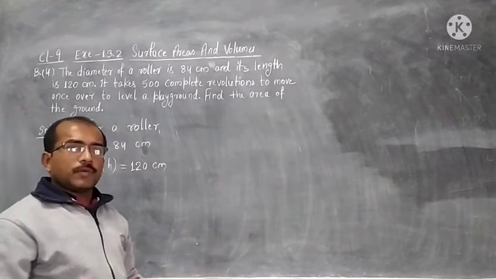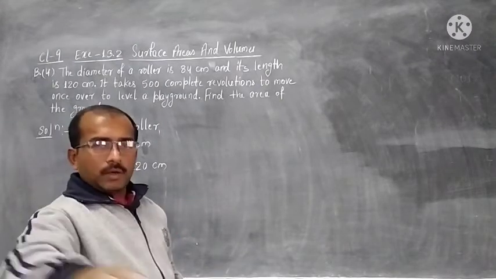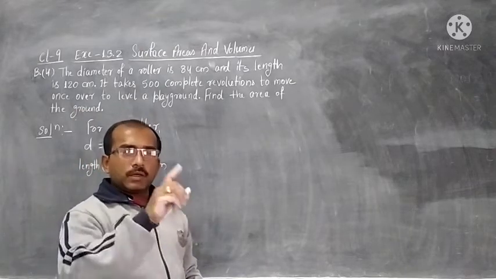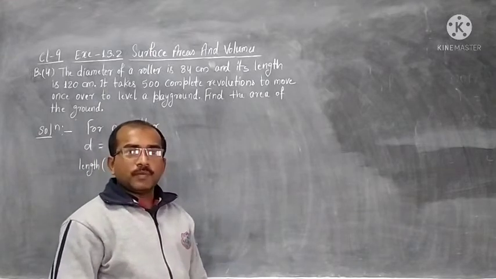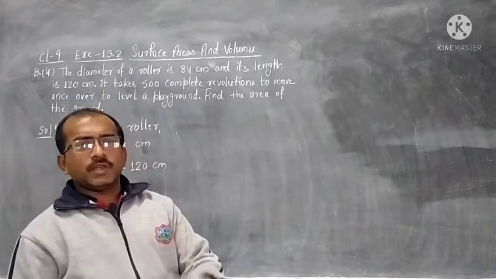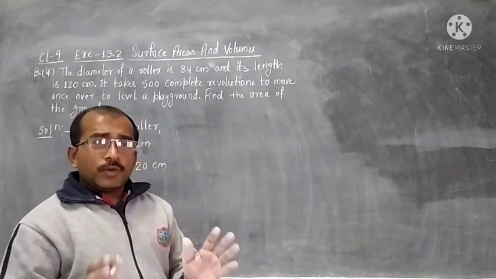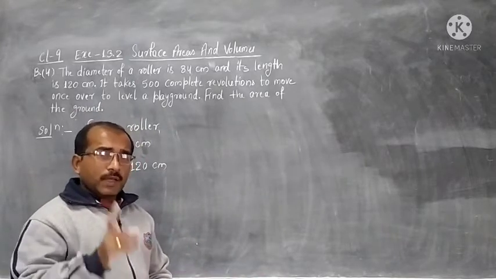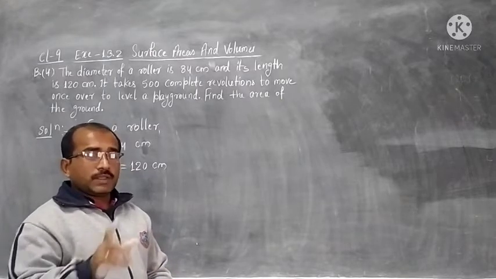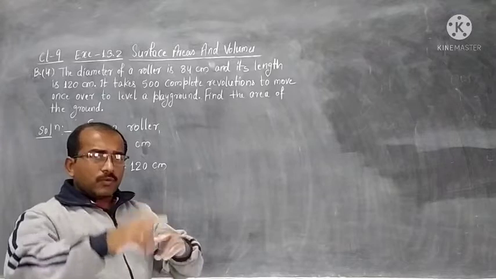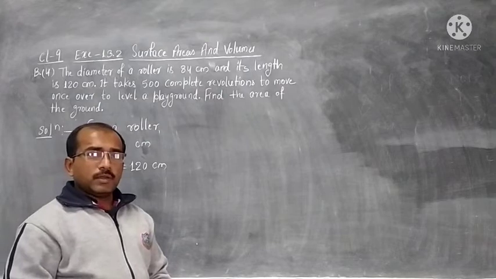We have seen a roller, we are all familiar with it. When it was rolling, leveling the ground, we noticed that the roller moved 500 times and the ground was leveled completely. So, what was the area of the ground? Very interesting, if we think. So, how shall we calculate? The roller takes 500 revolutions to level the ground. We will find how much area the roller covers in one revolution. How shall we calculate that?